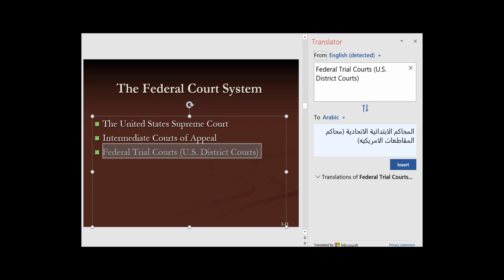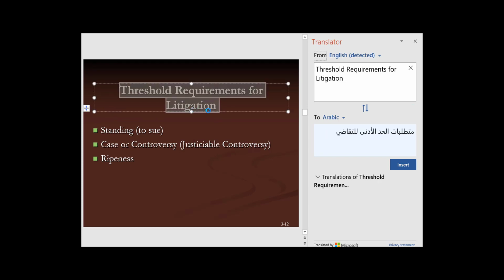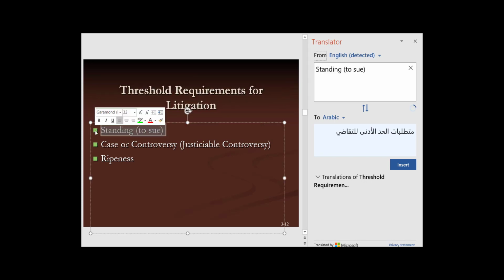So to get started, we talked about different jurisdictions, right? Even before you get there, you are trying to decide if you can bring a lawsuit. Somebody has taken money, has tricked you, committed fraud against you. So the first thing you have to say is, can I sue him, that person? In other words, you have standing. Standing means that you were injured. You have to show